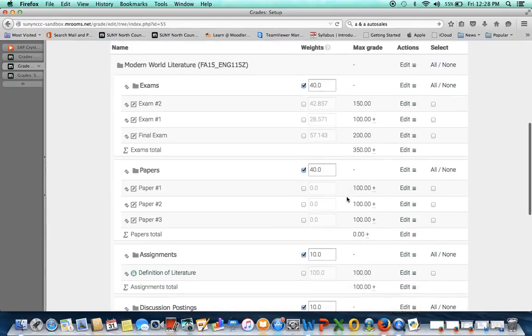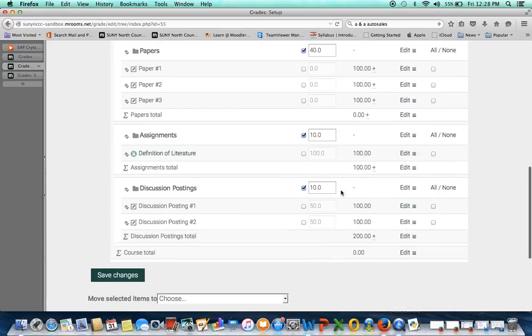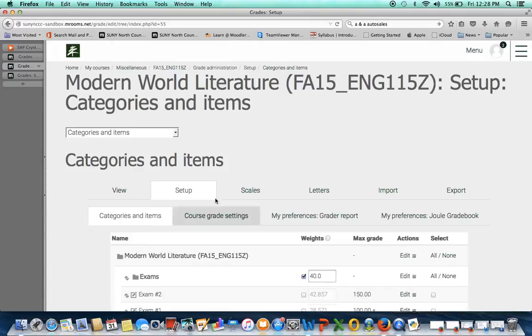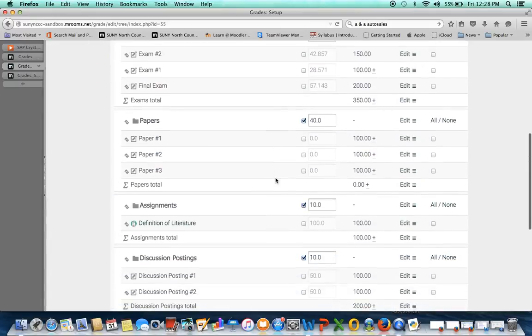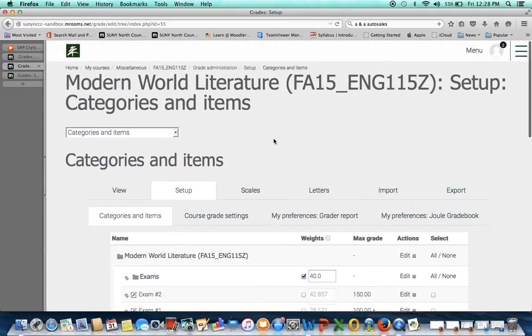And so you would go ahead and do that throughout all of your assignments if you chose to, or if you want all of these weighted equally within a category, you can keep them the same point values. Okay, so we'll save those changes. And now we have our gradebook set up in the natural aggregation method, which allows you to use both points and percentages. We can go back to